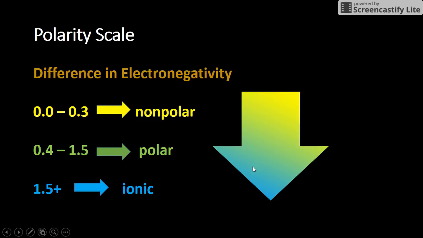It's sort of like if you look at this shading here, when does the shading turn from yellow to green and when does that green become blue? I'm trying to draw a line and saying it happens here at 0.3 and it happens here at 1.5. But understand this is not defined nearly as clearly as this, but you can use this as a guideline. And I'm going to